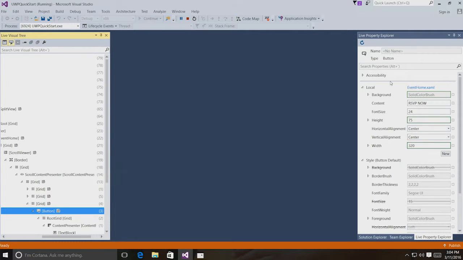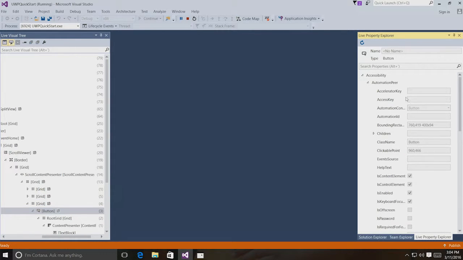One of the new features in Visual Studio 15 is a new category for showing all of the automation-related properties that I can inspect for possible issues. We map the automation peers back to the elements that correspond to them, and you can inspect the values for the various automation peer-related properties, thereby making it really easy for you to fix potential accessibility